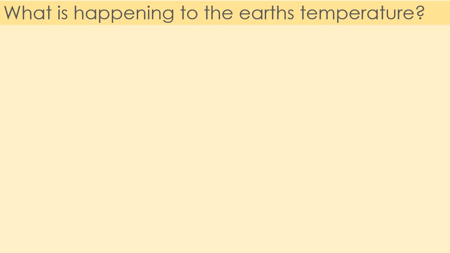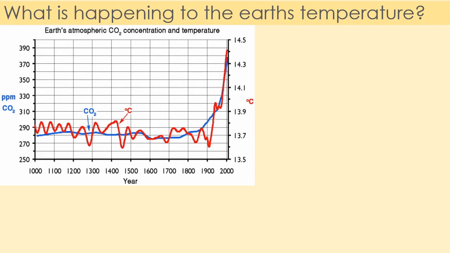So if we have a look at the Earth's temperature over the last however many years, we can see back here from back in 1000 AD, average global temperature in the red line is about 13.8 degrees, and it stays around there. It does go higher and lower. We do get times where the Earth gets gradually warmer and gradually colder in a bit of a cycle, but it's staying around about that same temperature. We look at the blue line, which shows the amount of carbon dioxide in the atmosphere. Again, that stays about constant, about 280 parts per million.